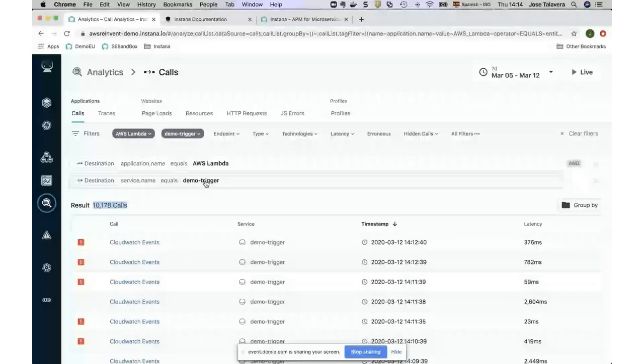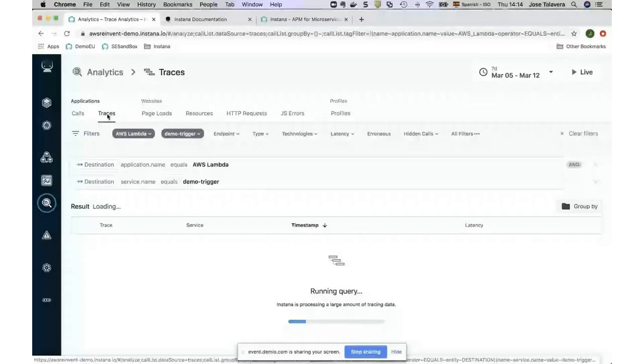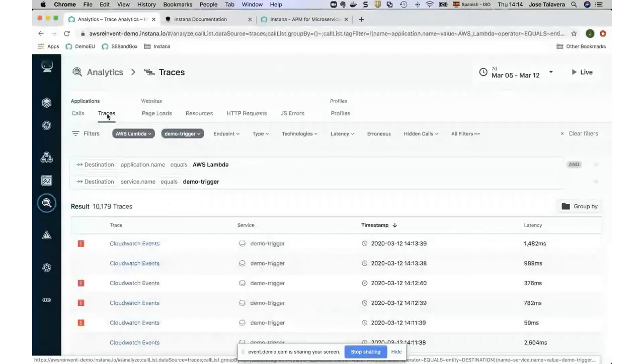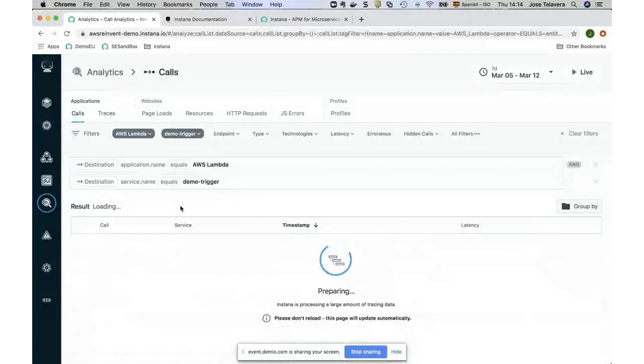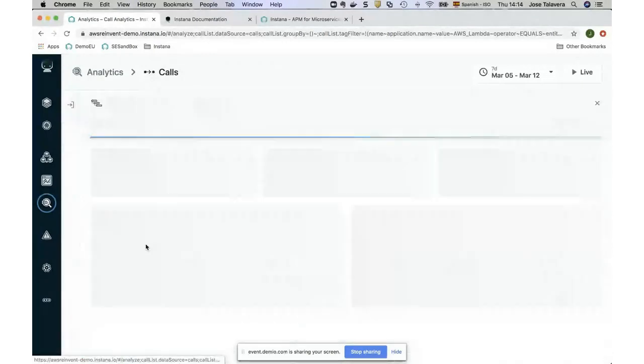demo trigger service. As you probably realize, we have this pre-populated filter that is created because we came from the application side into the traces, and we could see the traces. Obviously, there will be fewer traces than calls because a trace is a group of calls. But in here, we will look at the different calls. Okay, so if we go into the calls, we can click randomly on any of them just to show